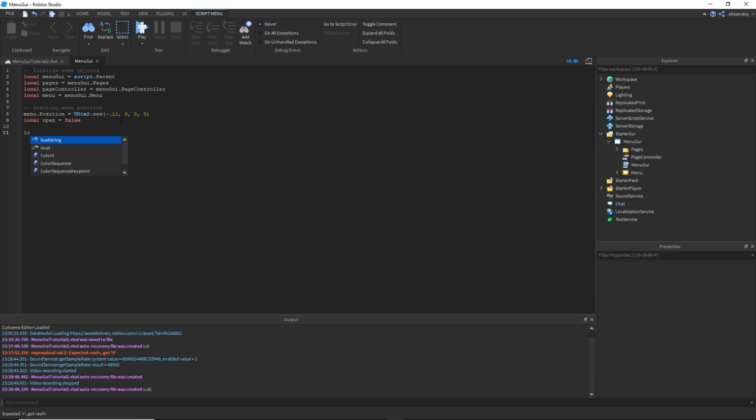So I'm going to go ahead and make a new function called local toggle menu equals function, and the first thing this is going to do is change the open value. So if it was false, it's going to become true, and if it was true, it's going to become false. So if it's open, it's going to become closed, closed is going to become open. And before I do anything, I'm just going to call print open,